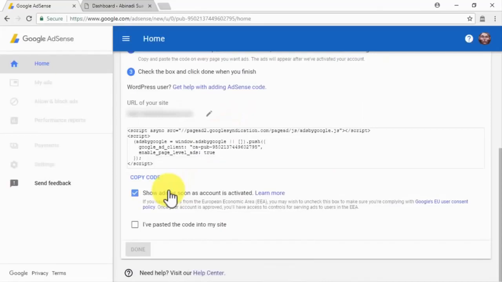Once you're ready to drop the code on your site, you'll simply have to copy the code snippet in this page by clicking on Copy Code. Then you'll have to access your site's code to paste this code snippet between the head and the head tags. If you built your site using WordPress like we instructed in our previous video, you will simply have to go